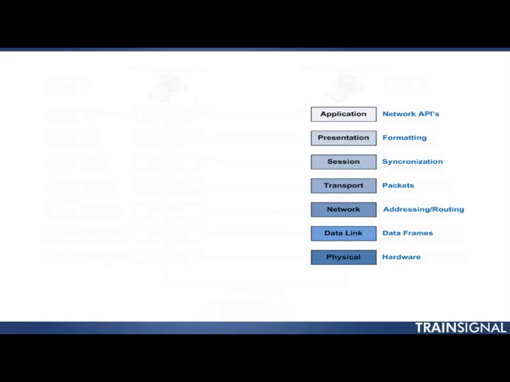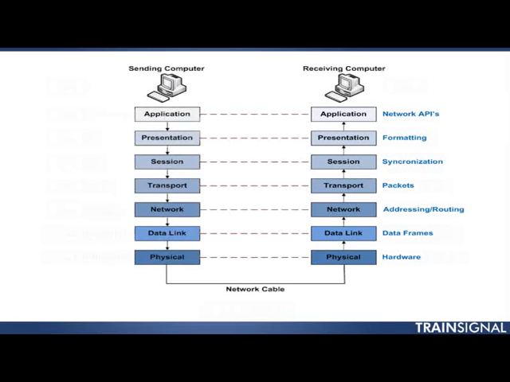Now, the next piece that we need to throw back into this model is a piece that explains how exactly data travels through the OSI model and how communication takes place. What I've done in this one-page cheat sheet is I have added a second OSI model, and the reason I've added a second one is because I've also added a representation for the 2 computers that are communicating, right? I have a sending computer and a receiving computer,